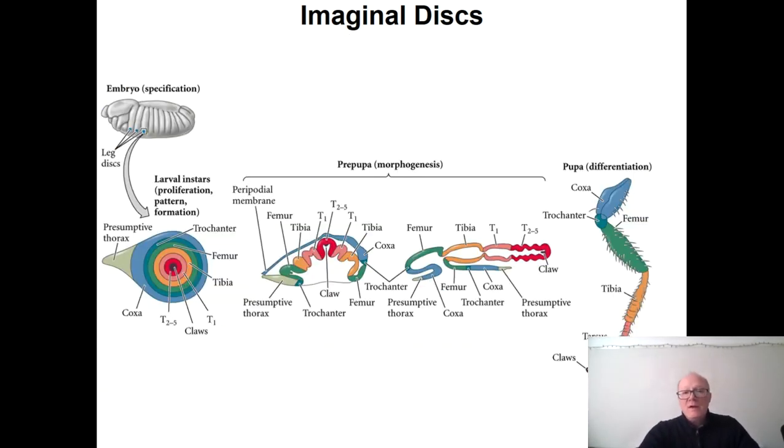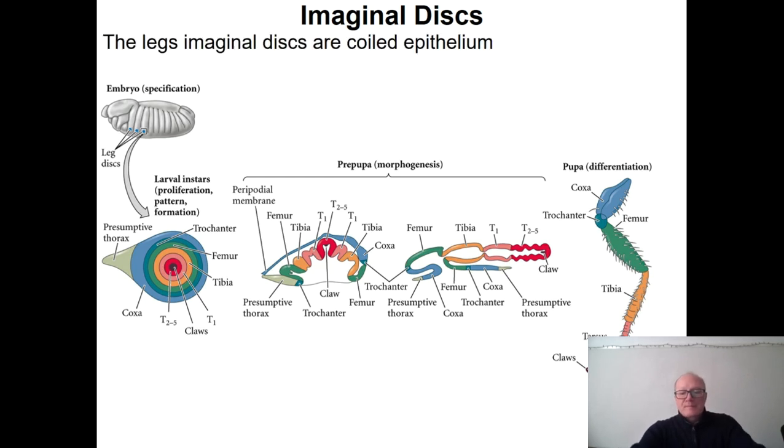So in this cartoon here, we have an example of what happens to one particular imaginal disc, which is the imaginal disc for the legs. But very similarly, the other imaginal discs develop in a similar way. So what happens here is that during metamorphosis, the cells of the imaginal disc proliferate, and the cells in the middle start to move out. So here is a view from the top. On the second picture, here is a lateral view, so a section. While these